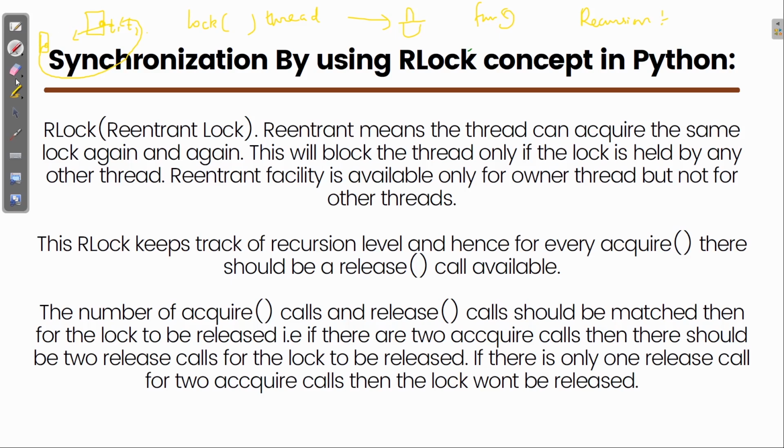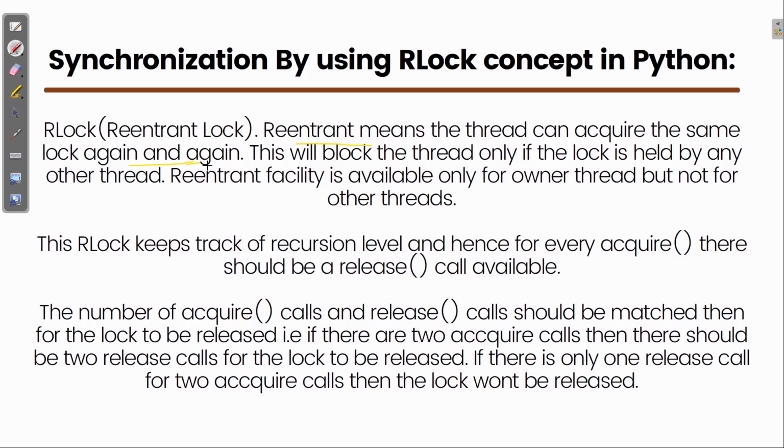No one has opened this door, so no one can enter here. So that is the problem with the simple lock concept. Even though the same thread is acquiring that lock, it will show an error, or will not allow that same thread to acquire the lock if it tries to. Reentrant means the thread can acquire the same lock again and again.